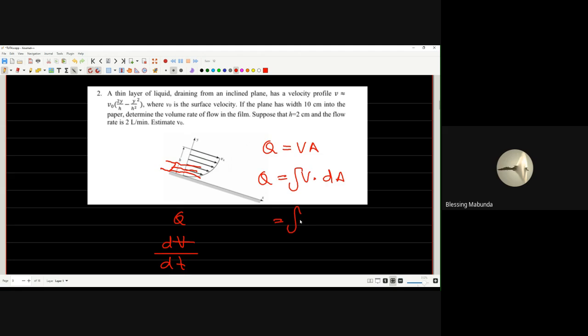And v here is given as v naught times 2y divided by h minus y squared divided by h squared. Now multiplied by our differential area, which we can write as